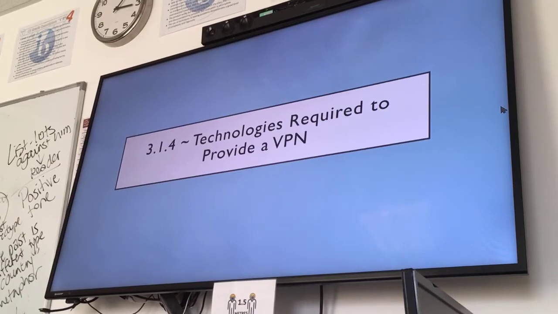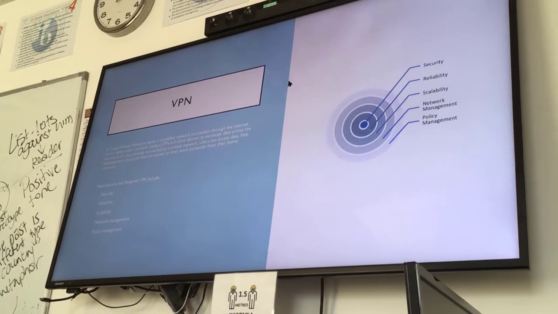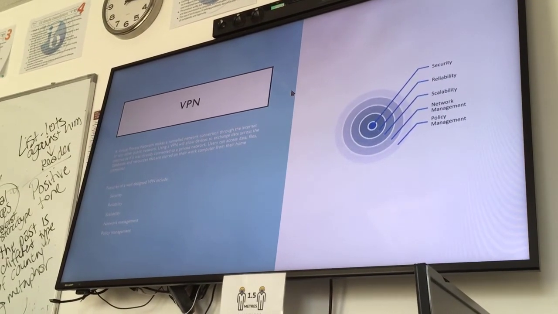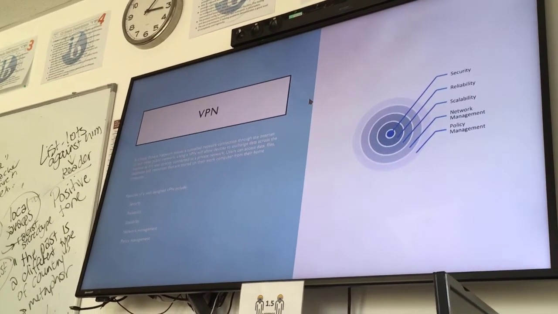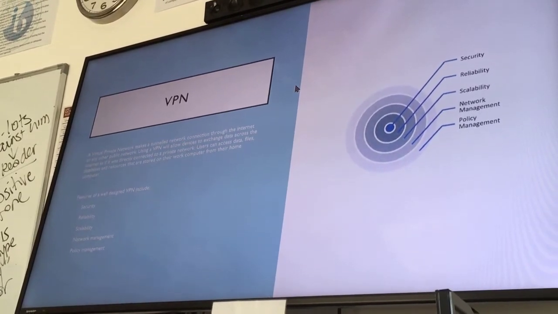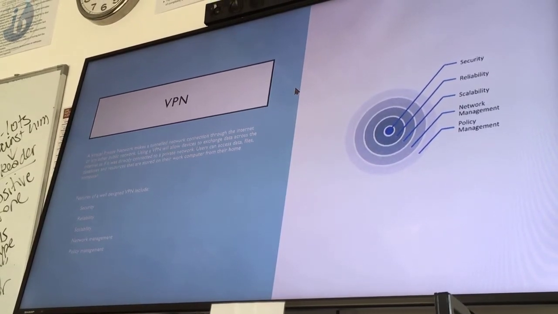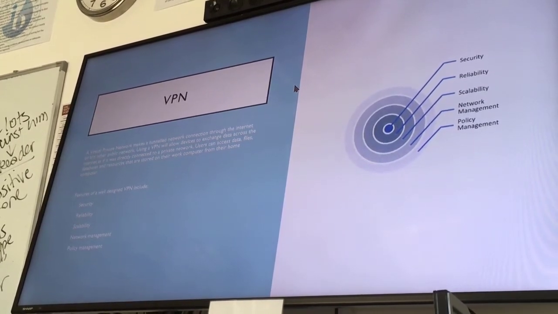Technologies required to provide a VPN. So a virtual private network makes a tunnel connection through the internet or any other public network. It is considered ideal for establishing a secure connection between private networks with remote users and remote sites. Using a VPN will allow devices to exchange data across the internet as if it was directly connected to a